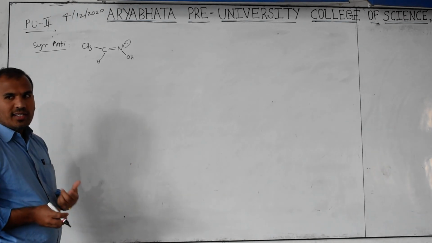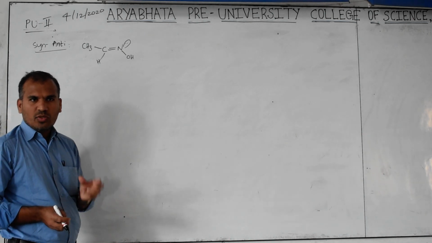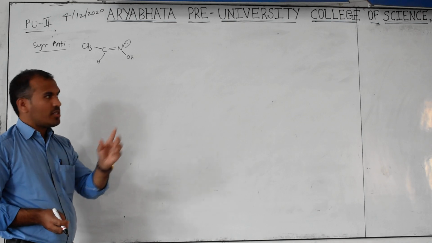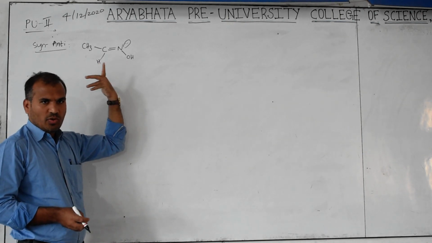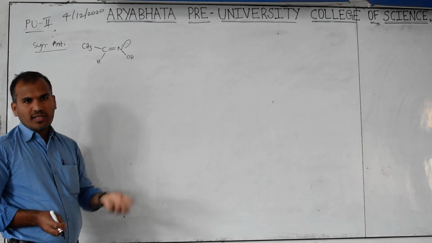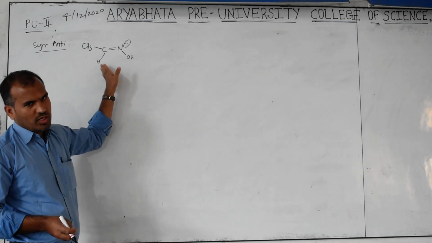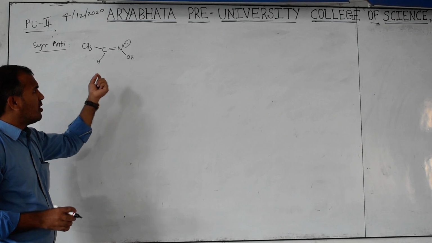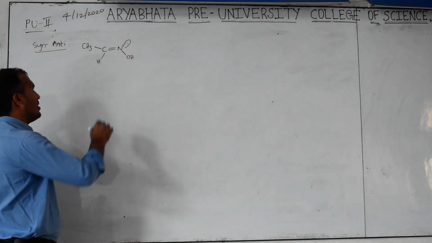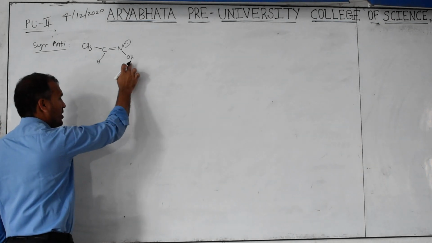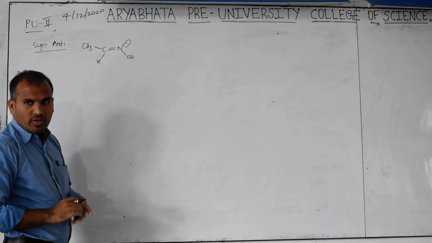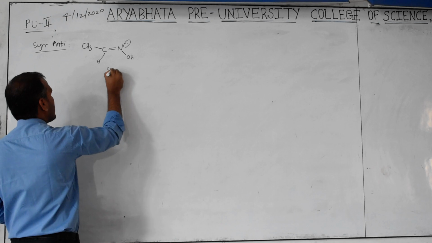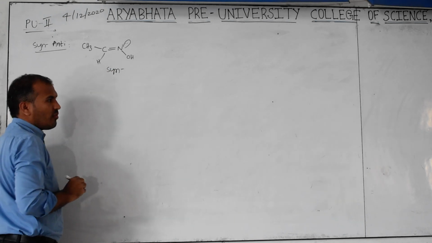But can we say cis and trans here? Cis means two same groups are on the same side of the double bond or restricted rotation. Here the groups are not the same. Then we can give the E-Z nomenclature. But generally for oximes we use syn and anti. With respect to hydrogen, OH is on the same side. You may remember that already. This is called the syn form.